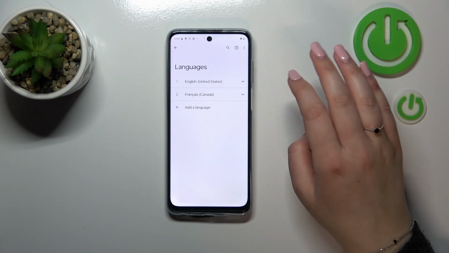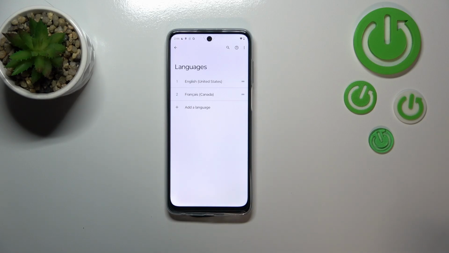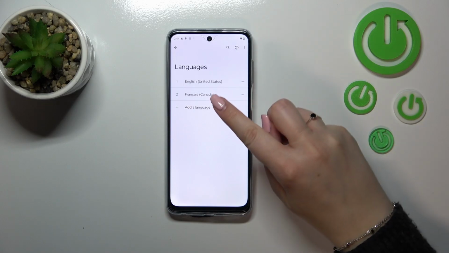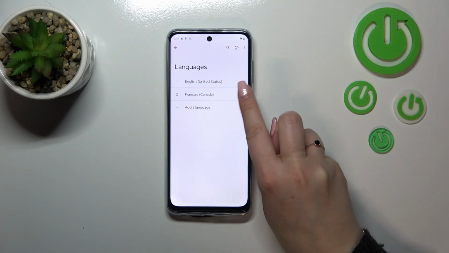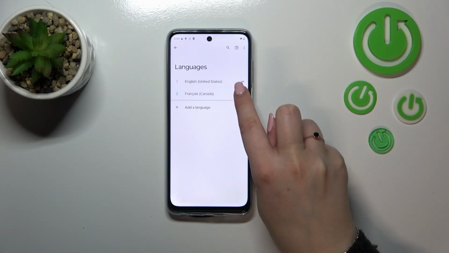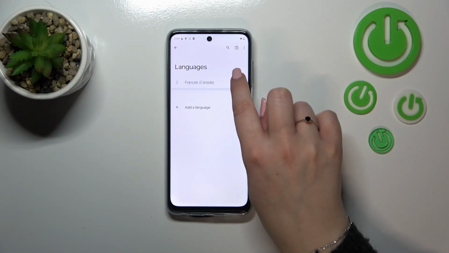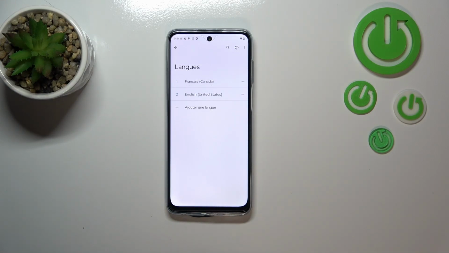So basically the rule is that the language which is on the first position is the main one. So we have to just move the French to the first position. Just tap on it and hold it, and as you can see right now, it is movable. You can drag it to the first position just like that. And after releasing the finger, so setting the French on the first